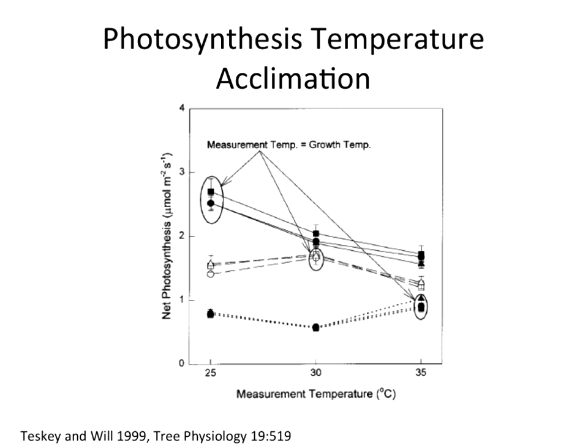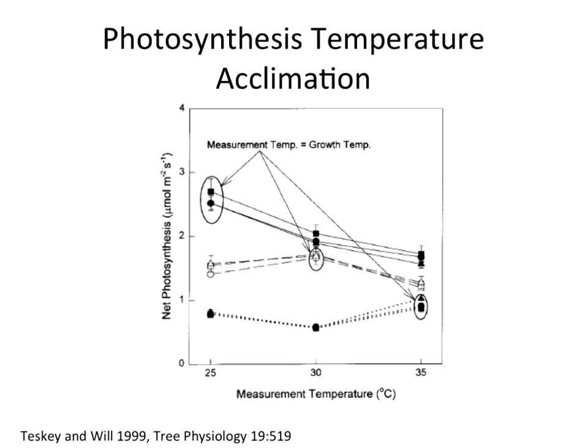So these are some data from the University of Georgia where they looked at different families of loblolly pine grown at different temperatures. And this is a fairly complicated graph. I'm not going to go into it in great detail, but basically what they found was that at any given growth temperature at 25, 30, or 35 degrees Celsius, the trees grown in that temperature had the highest photosynthesis rate